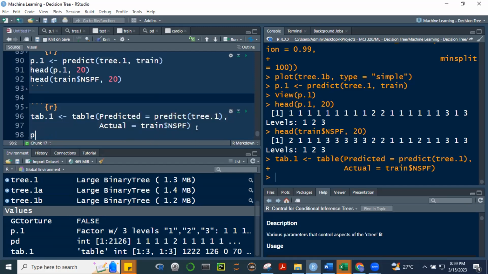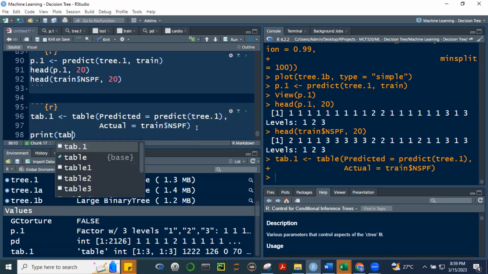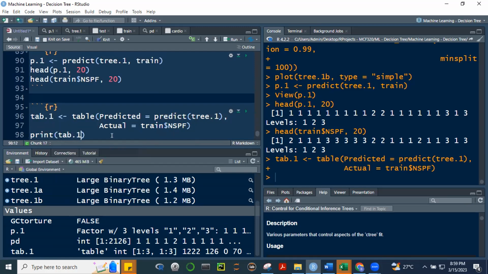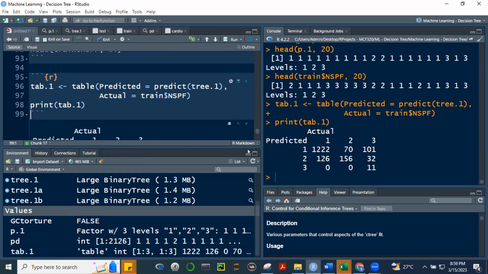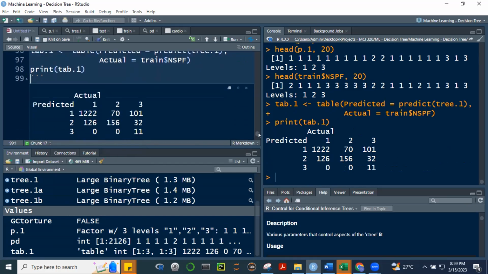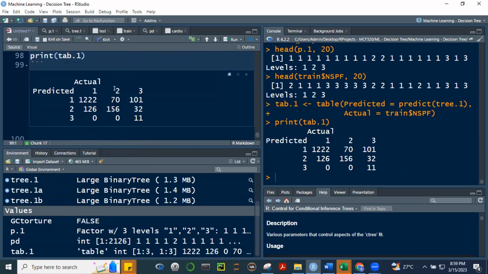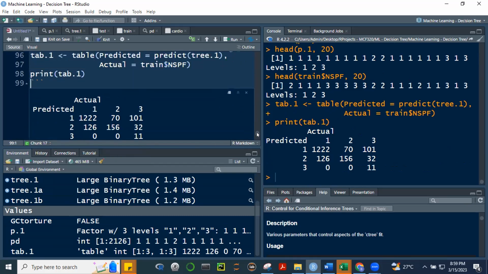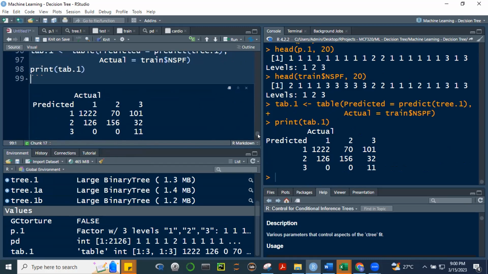And then print tab.1, table 1. Print natin. There. Okay. So this is a print out of, di ba yung predicted natin? Okay. So sorry, predicted yung nasa y-axis ito. Actual yung nasa x-axis. So let's see.